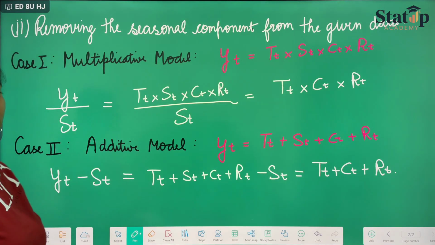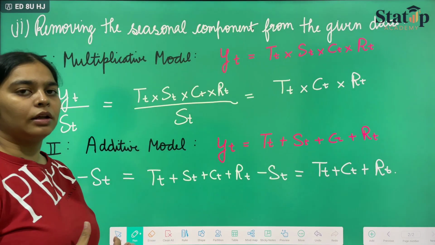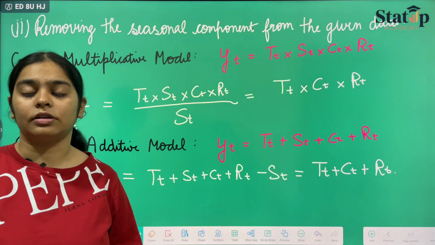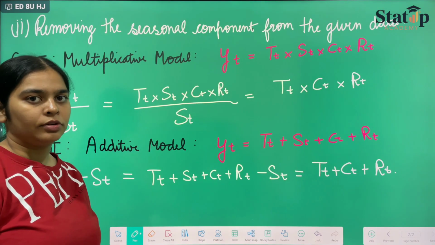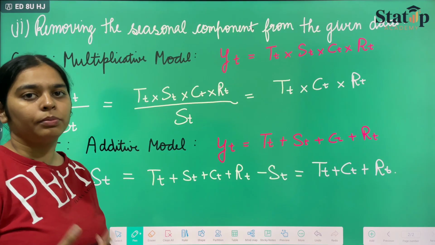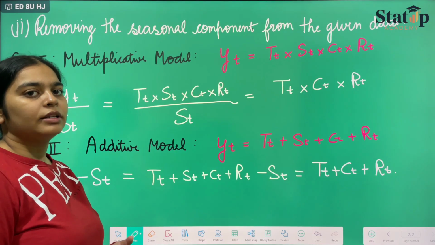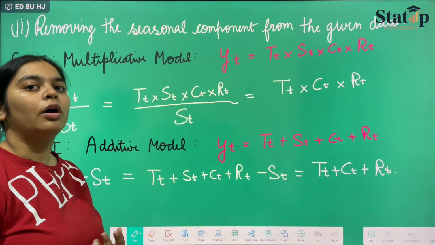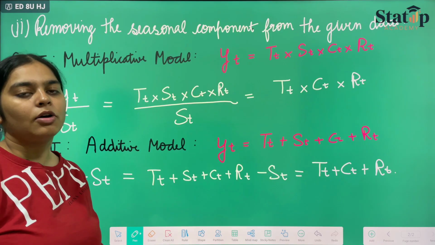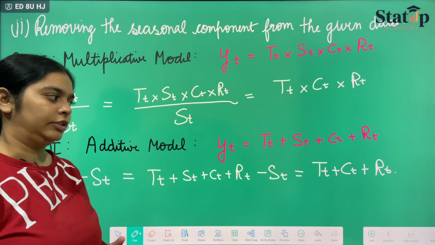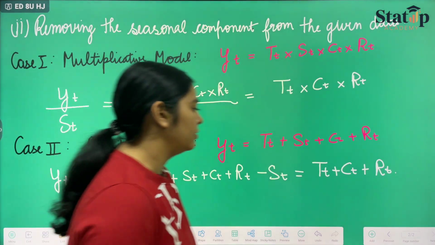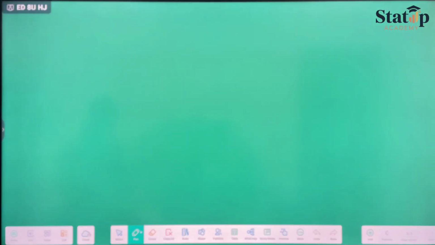So this was our de-seasonalization of data. It includes two steps. The first step is finding out the seasonal indices or seasonal variations by using any of the four methods that we have done in the previous lectures. And the second step is to remove it by dividing or by subtracting it from a multiplicative or additive model respectively. Now we'll do one question on this. So the question given is,